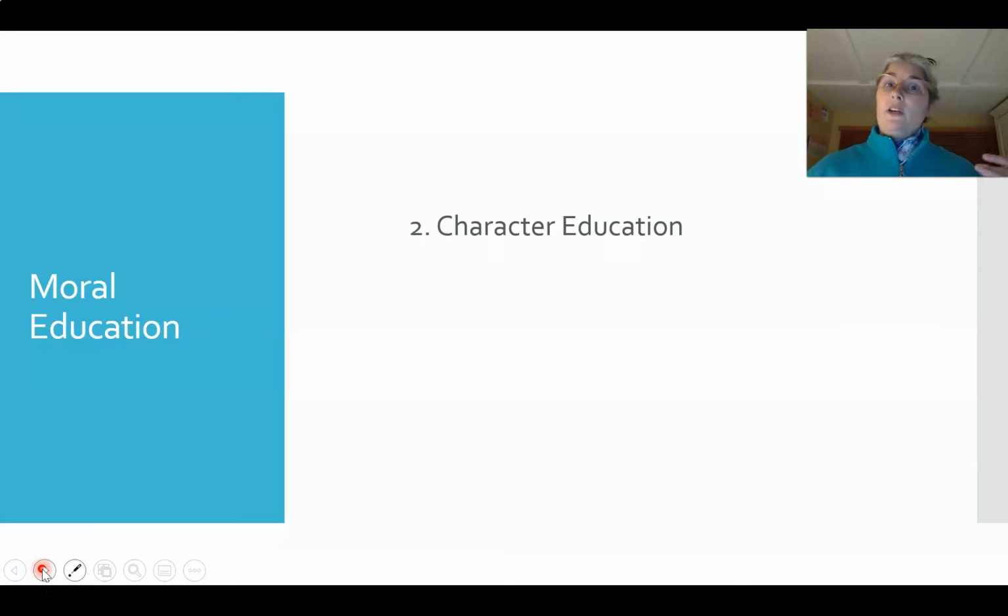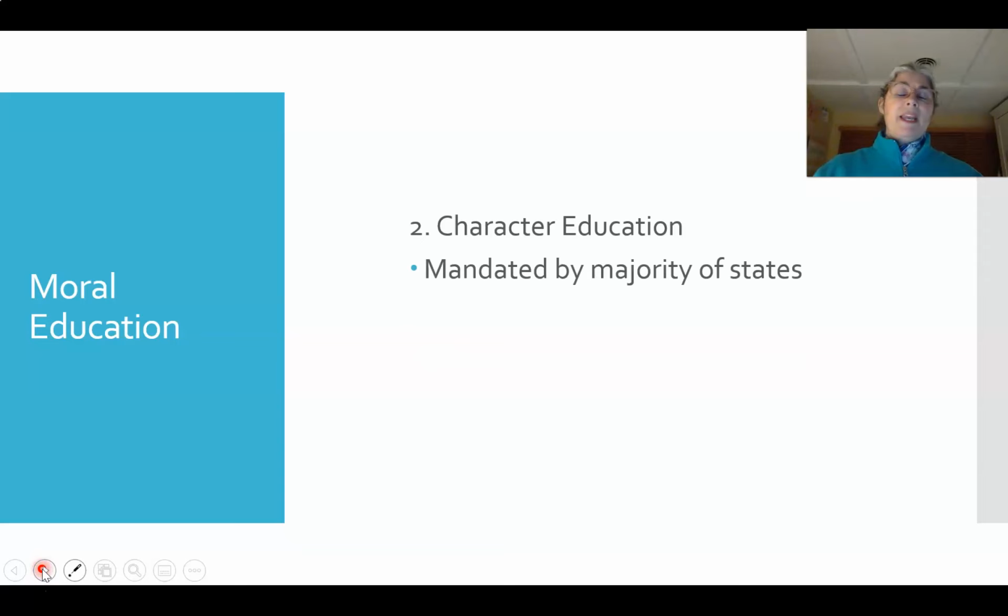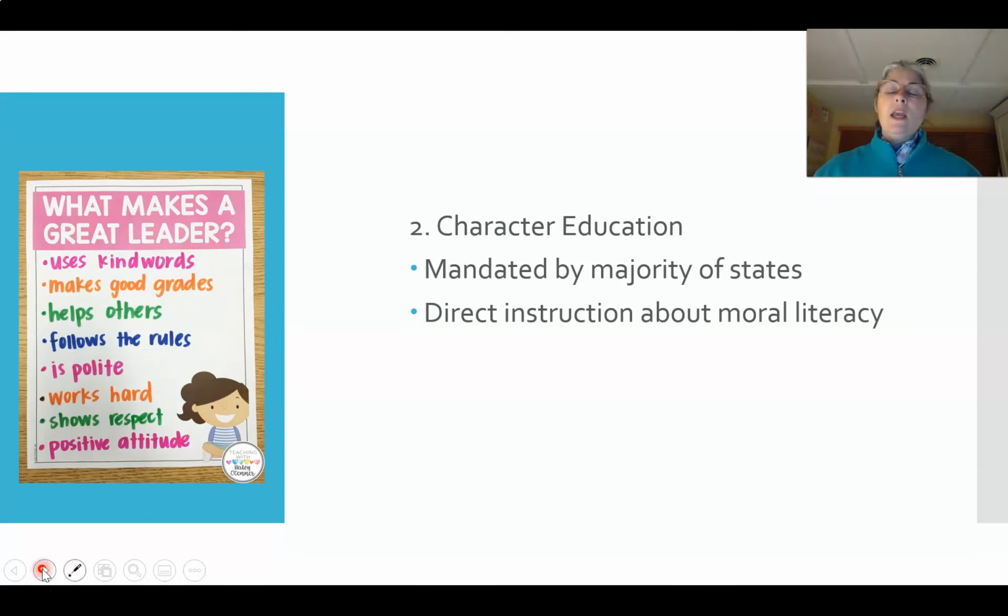Another way of doing it is called character education. Now this one you might be more familiar with. This has become pretty popular in the last 10, 20 years. It is actually mandated by about 40 states right now. So, like I said, pretty common. What is character education? Okay, so this is actual direct instruction about character. So previously, hidden curriculum is just saying the way the school is structured will kind of indirectly teach you these things. Character education is direct instruction, so where you actually sit down and you talk with students about things like,